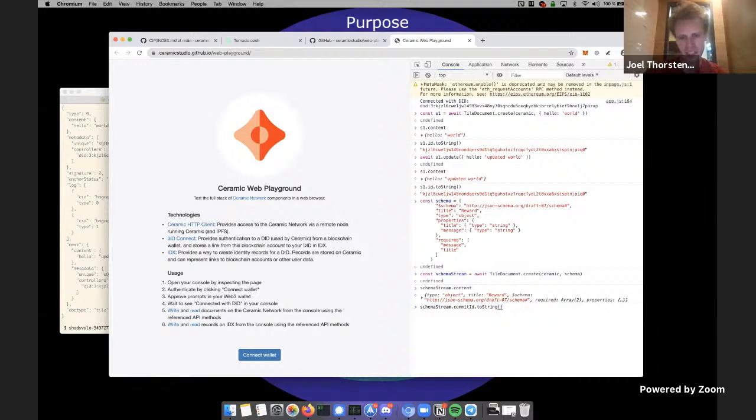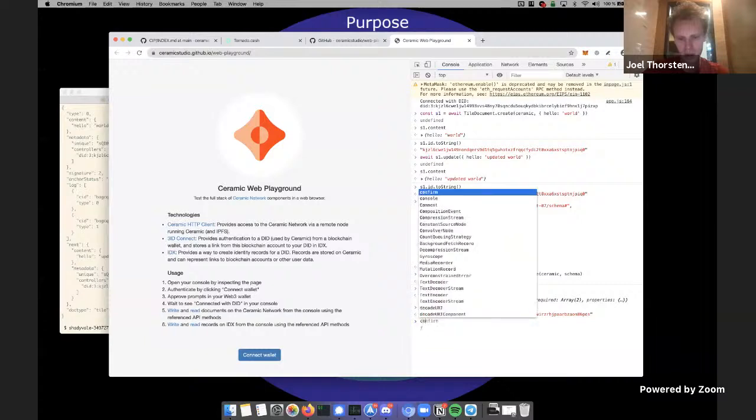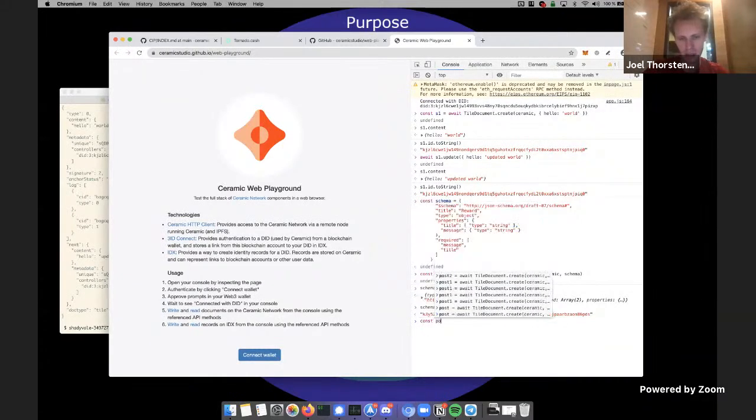A commit ID is similar to the stream ID, which we looked at before, but it refers to a specific version. In this case, the version that has not been updated. So in Ceramic, I can refer to specific versions of a data stream or the latest version.